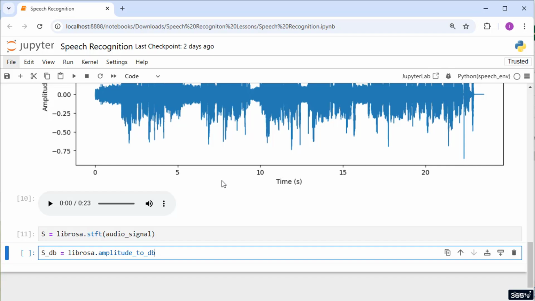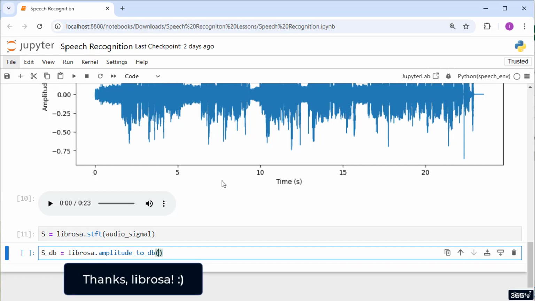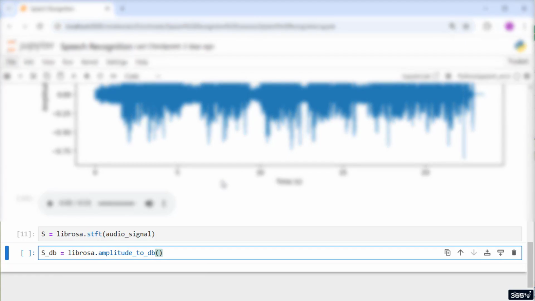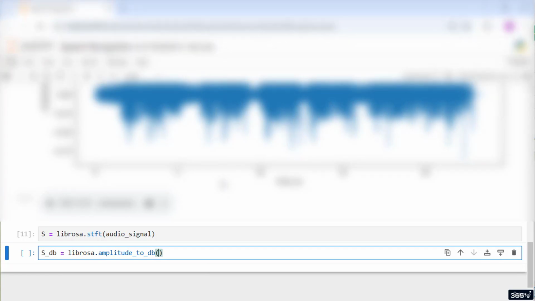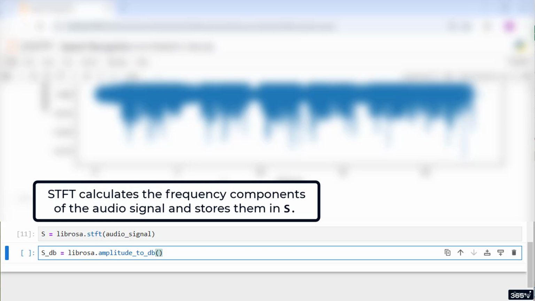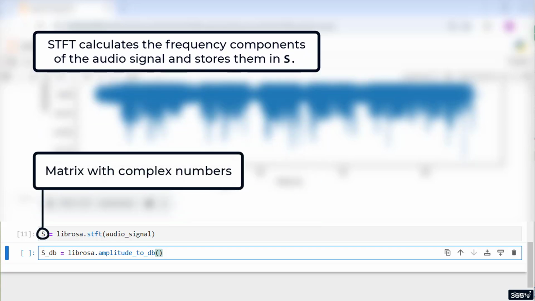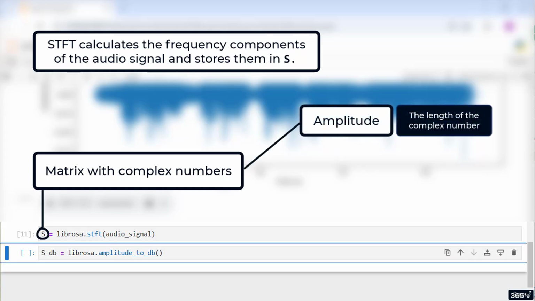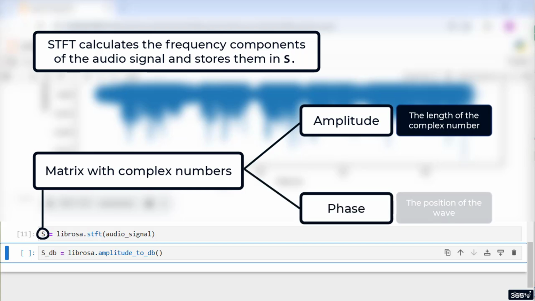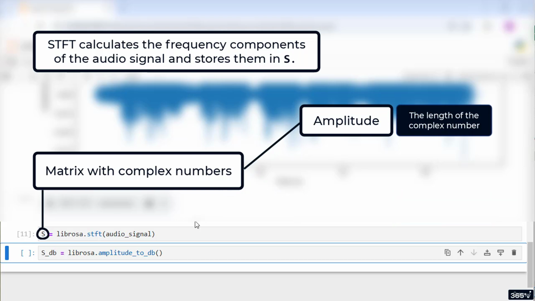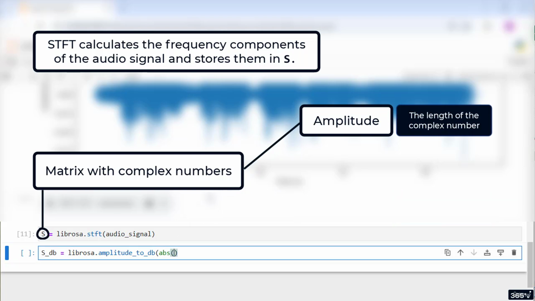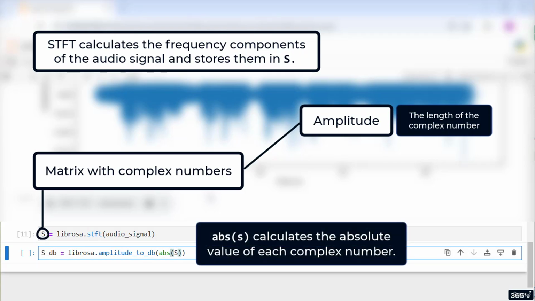It seems that Librosa took care of everything. We must pass two arguments here, so let's break down what's happening. First, the short-time Fourier transform calculates the frequency components of the audio signal and stores them in S. The values in S are complex numbers which have two parts: the amplitude, which is the magnitude or length of the complex number, and the phase, which tells us the timing or position of the wave. But since we're only interested in the amplitude, we use abs(S) to extract it. The abs function calculates the absolute value of each complex number, which gives us the amplitude for each frequency in